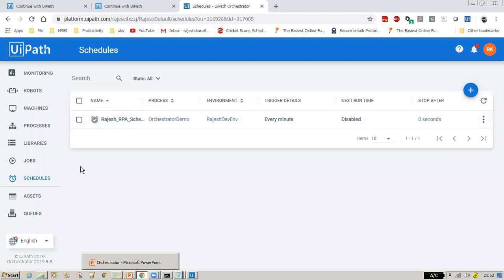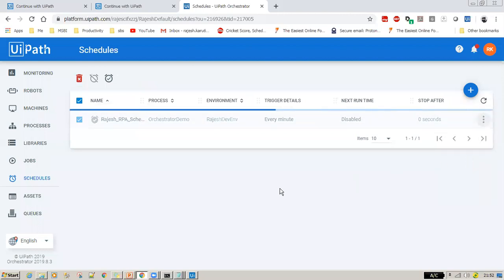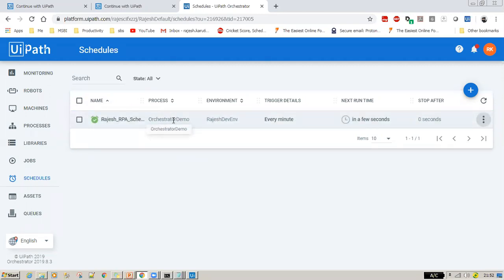Yeah, clear, Rajesh. Say tomorrow there will be multiple processes running, no? Exactly. So how do you recognize your one process? There is a process name. This would be your project name, so you can deploy n number of processes. Here the process means your project. That's all, just keep it in your mind.